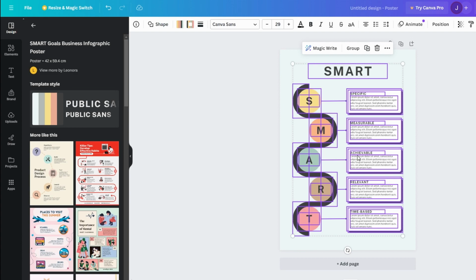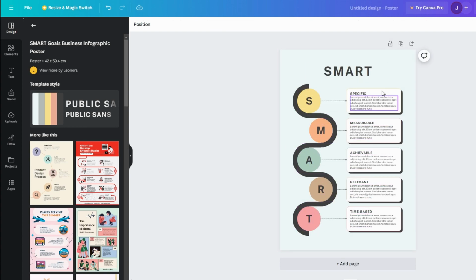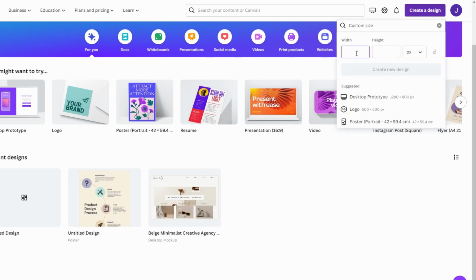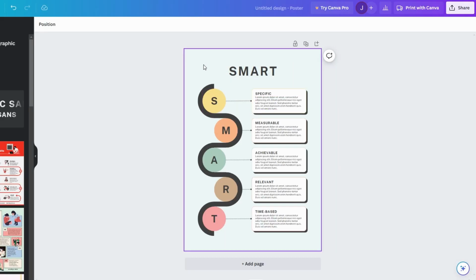In today's video, I'm going to show you how to resize a Canva template. Open the Canva template you want to resize, and go to Canva and click Create Design. Choose new dimensions for your design, and click on each element of the original template while holding the Shift key to